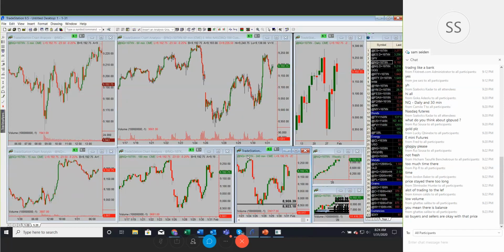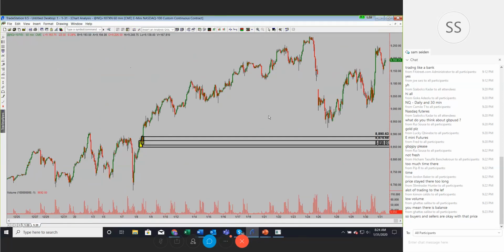Let me take you to this chart, though. This is the key chart right here. Okay, there we go. So see all of this trading activity in here? The reason why you get so much trading activity in here is because there's nothing to stop all that trading activity from happening. The only thing that would prevent all of this trading activity is a significant supply and demand imbalance. If you had that, price would trade at that price for a period of time and then take off and not come back.